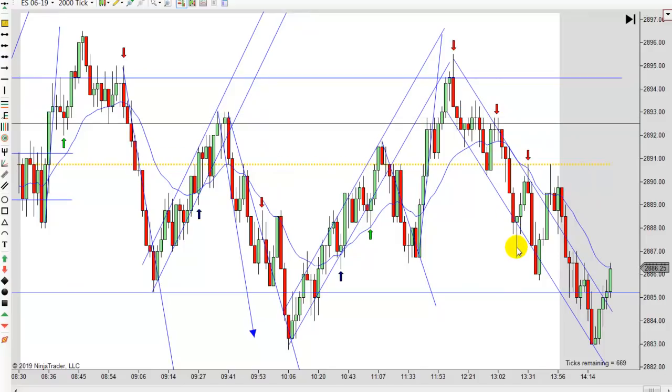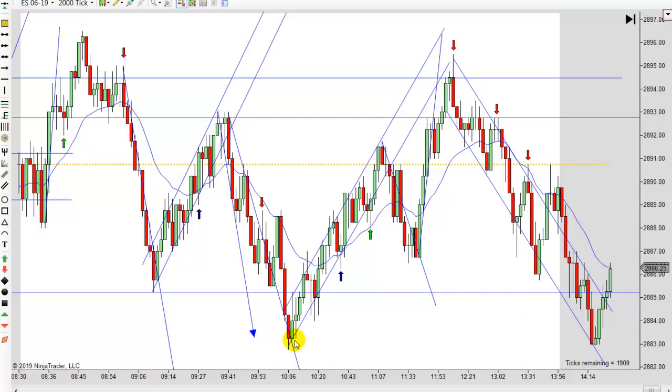And boom, look at it go again. Then it comes back to the trend line. It confirms that trend line on a third touch with a bearish bar off the EMA. You still got a long way just to here, much less down to here. And we might even go to this low. So I think that's worth taking.